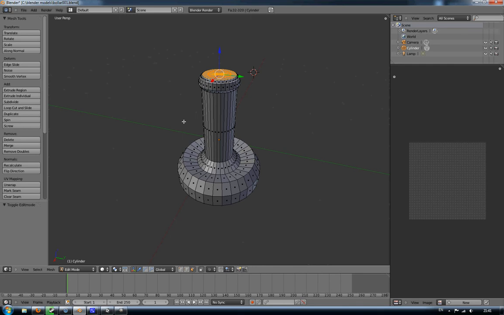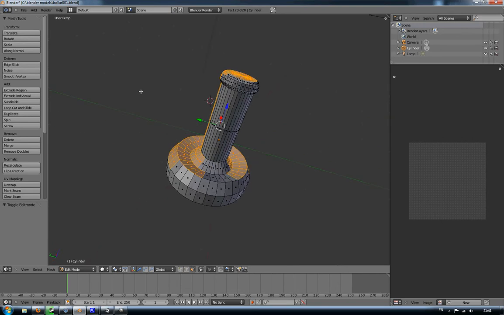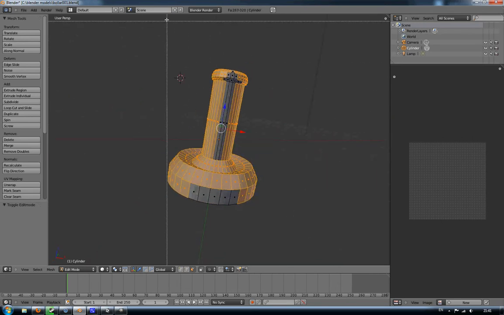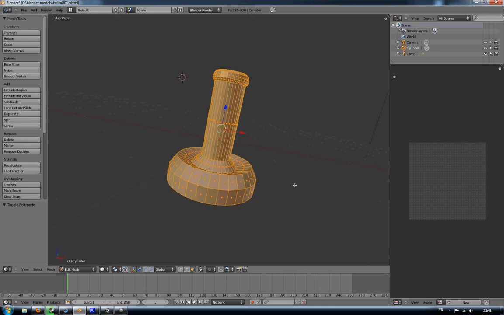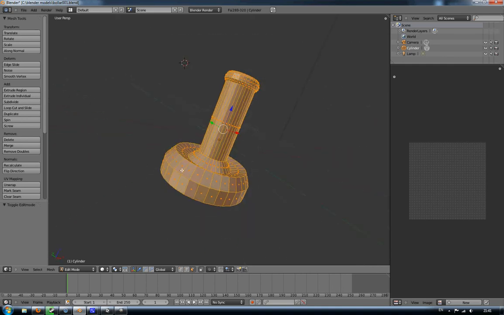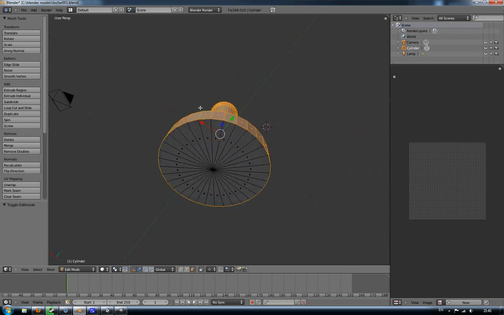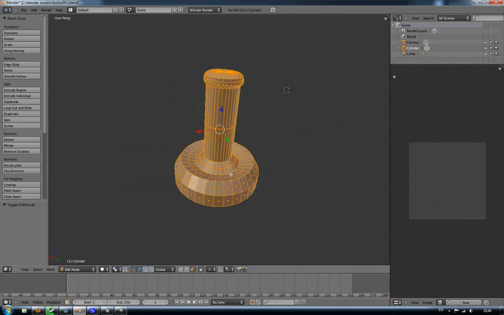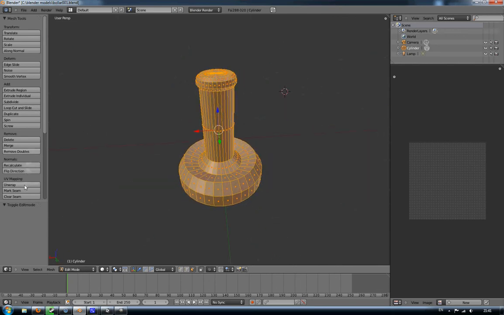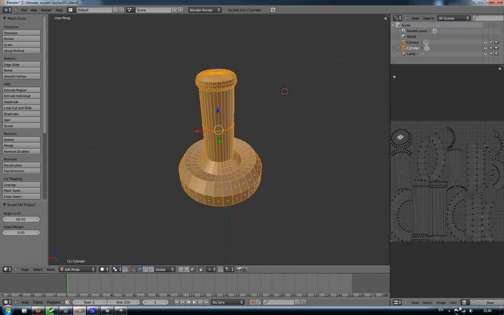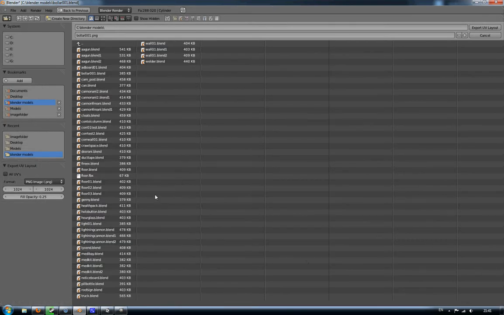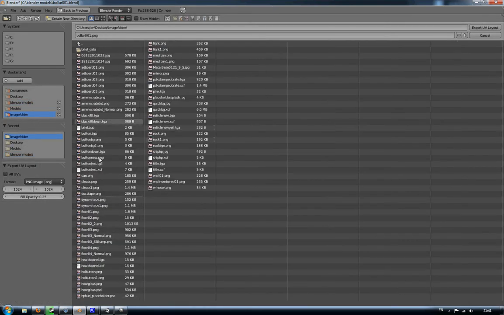Hit tab to enter the edit mode, press B and you get this border select, so you can just do that and it will select any faces that you can see, and just do a quick examine round. I'm not going to select the bottom because I don't really need to UV the bottom, and then you can go to unwrap, Smart UV project. Okay, and it'll have done the UV map there. Then you can go to UV, export UV layout, shove it in whatever image folder you like,